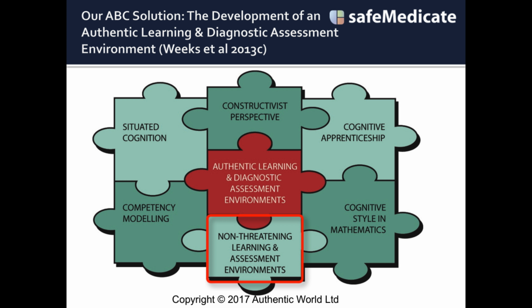Finally, non-threatening learning and assessment environments. This focuses on recognition that many people experience maths anxiety or mathophobia. Factors that influence maths anxiety include mathematics that has a lack of relevance to real life, presence of an authority figure, an emphasis on timed tests, a perception of feeling foolish in front of others, abstract and ambiguous mathematics language,